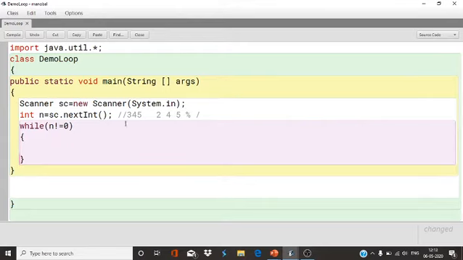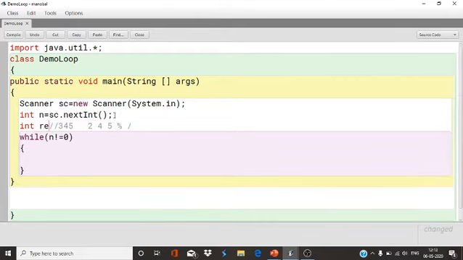For any number, I will divide that number first. I will find the remainder because I have to print the digit of the number. For the remainder, I will declare a variable, int remainder or int digit.